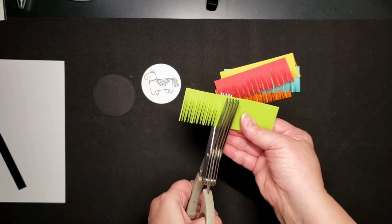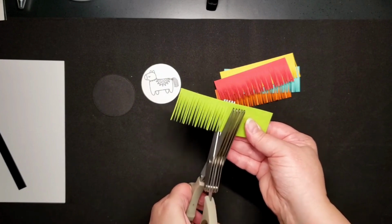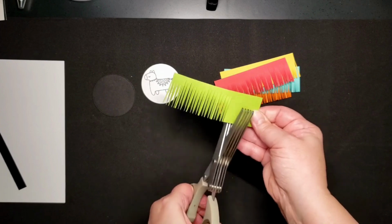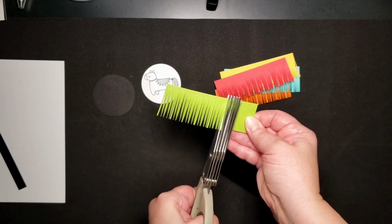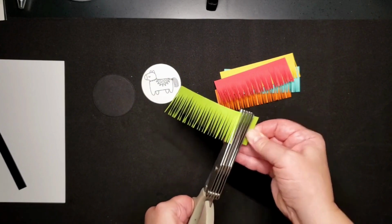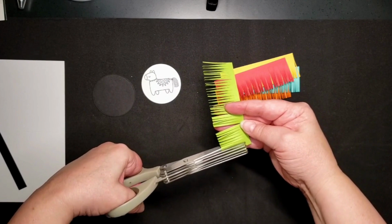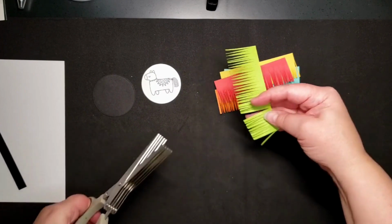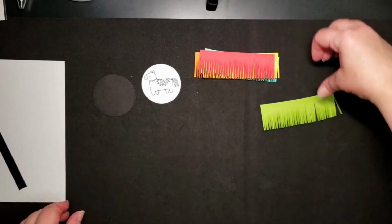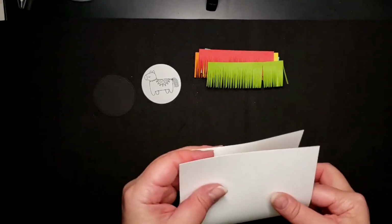And you can do the same thing with a regular pair of scissors. You would just have to cut each one individually. Okay, so put that aside. We'll go ahead and we'll fold and score